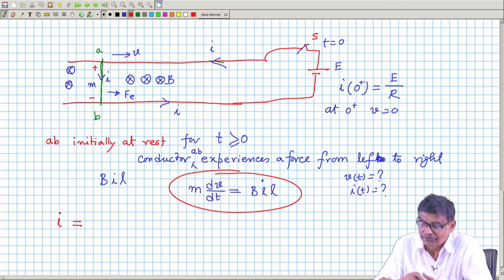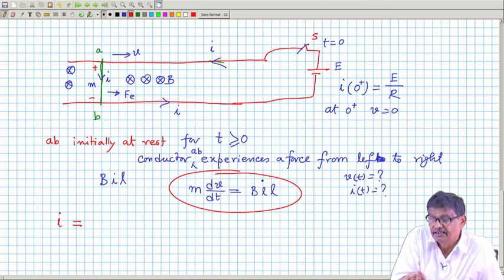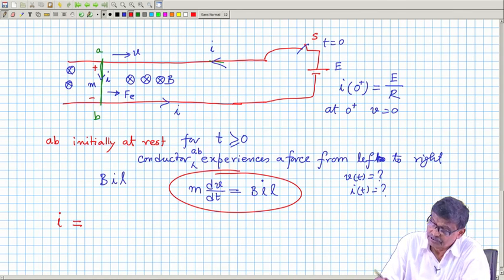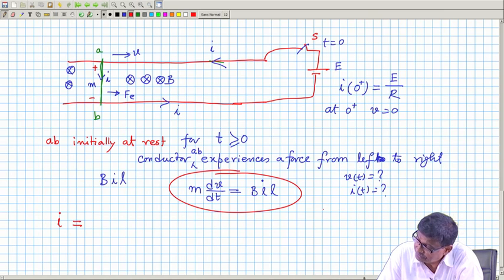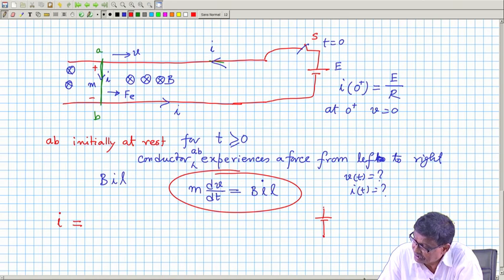This is what we have seen, B, V and L. Therefore, this whole circuit will now have an induced voltage here between A and B, that is BLV,